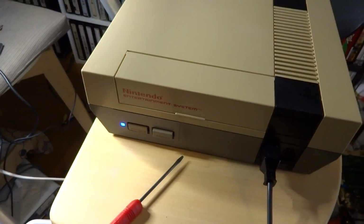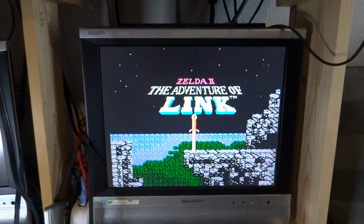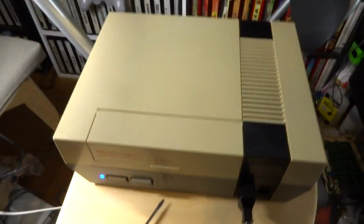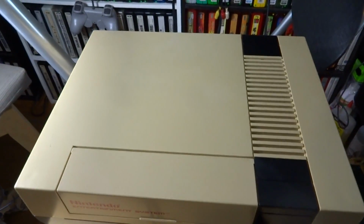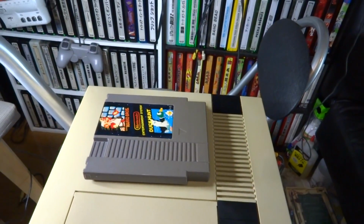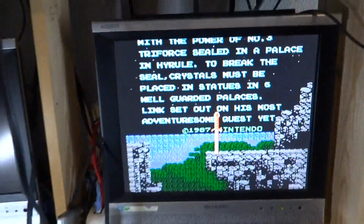So that's it. The old tale of the Barntendo. And from the grave, back to saved. With the games here, working in all their glory. Way they used to once work. No problems at all. Using 90% of the original hardware here, with just a few modifications. And we've got our other guy here, good old Duck Hunt and Super Mario Brothers. This one also works no problem, and just due to copyright and all that good stuff with Nintendo, figure we'll leave that one there. But as you can see here,